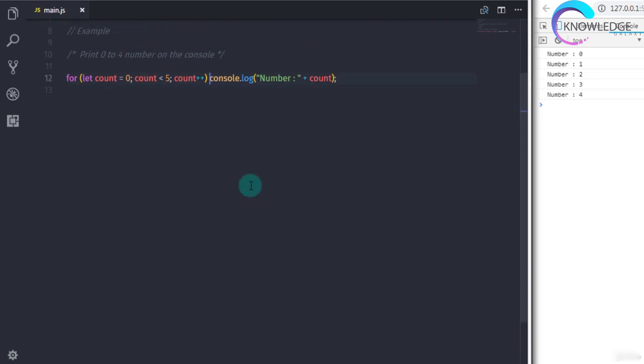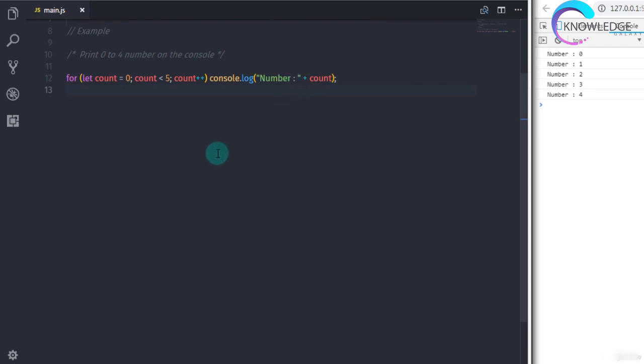The difference between the while and for loop is the structure, right? Let me first explain how the for loop works. When you specify the for loop, it will first create the variable count and assign the value 0 to that variable. After that, it will check if the value of the count variable is less than 5 or not. If it returns true, then the body of the statement is executed. So you will get 0 on the console. After that, the for loop will change the variable using the increment or decrement operator. We used the increment operator, so the value of the count variable will increase by 1. So now you have 1 in the count variable.